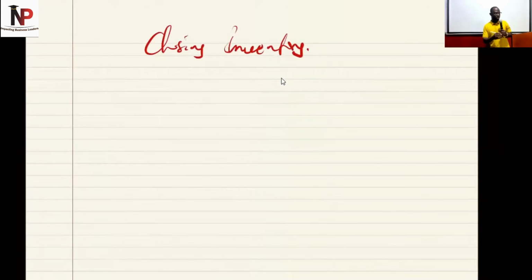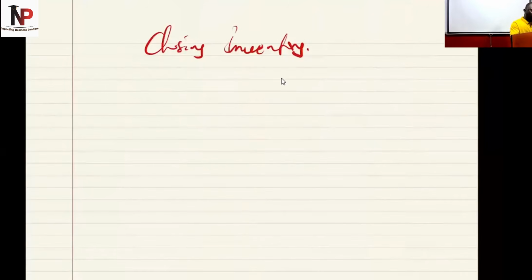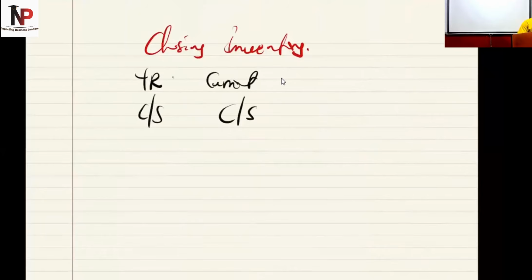What does that mean? We compare. What do we compare? We will compare, for instance, last year's closing inventories with the current year closing inventory and the budget of the company closing inventory, so that we will identify some trends, some changes, and build our